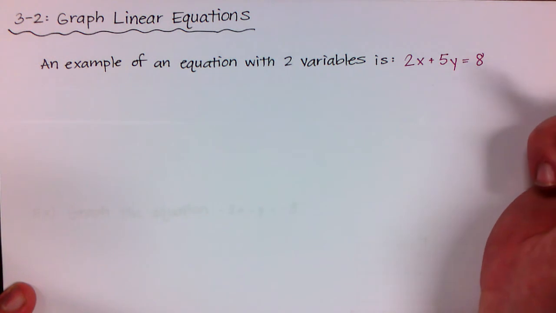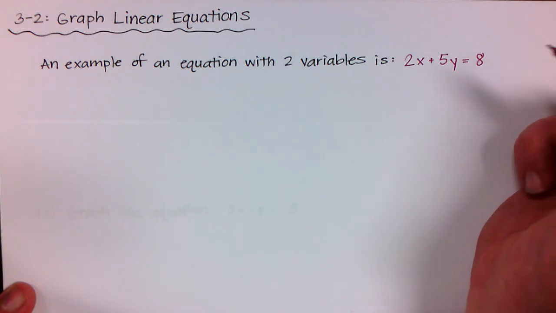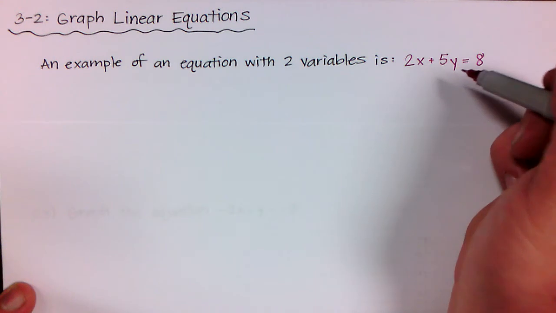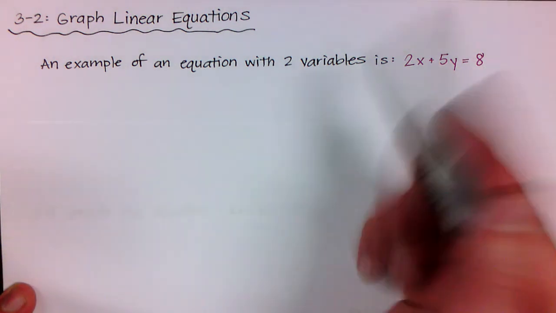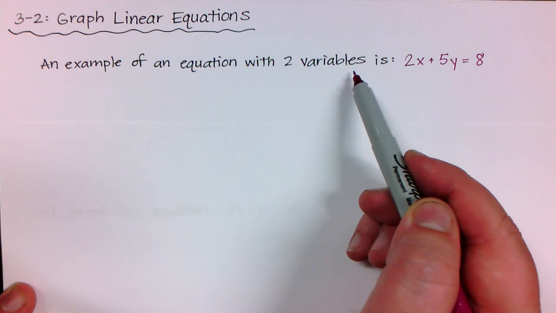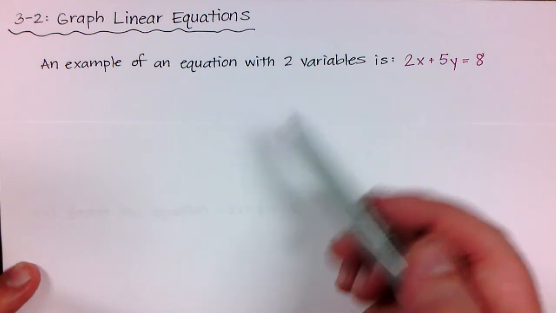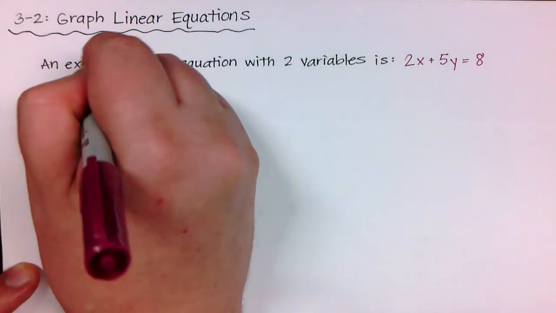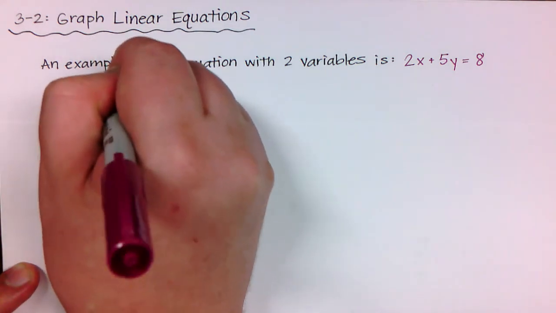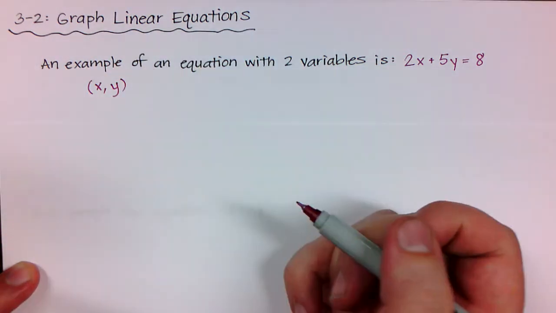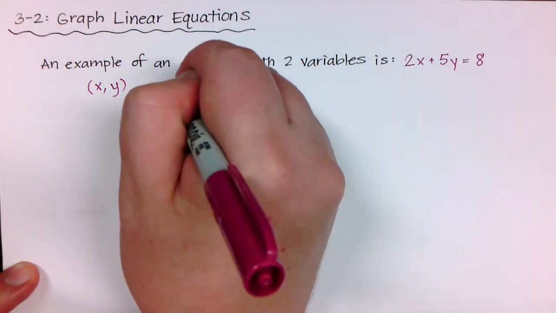So no longer do we have equations just with an x, but now there might be an x and a y. And when you have an equation with two variables, that means that you're no longer just going to find one solution, right? You're going to be able to find many solutions, and all of your solutions will be in the form x comma y. So you'll find a coordinate. So for example,